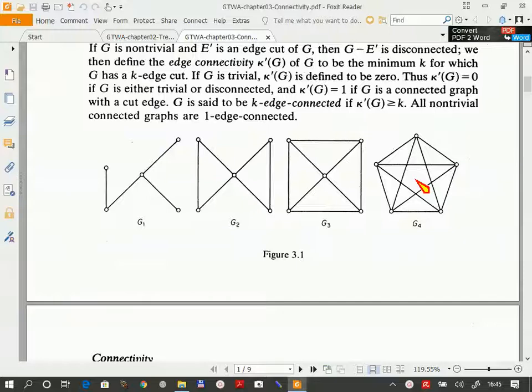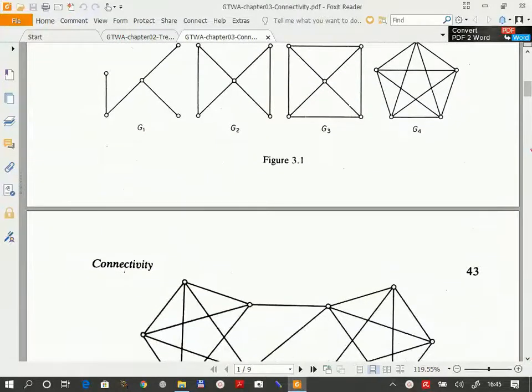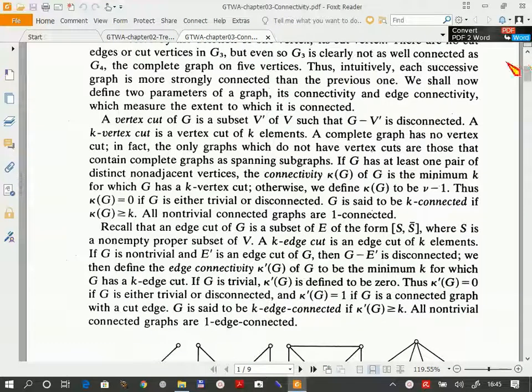Okay, so you see different problems if you think in terms of vertices or in terms of edges. And again, it's something I already mentioned to you. You have some problem, some solution in terms of vertices. You always ask yourself, what happens if I do the same thing with the edges and conversely, okay? Now we are taking, in this chapter, the two problems together, meaning that we define